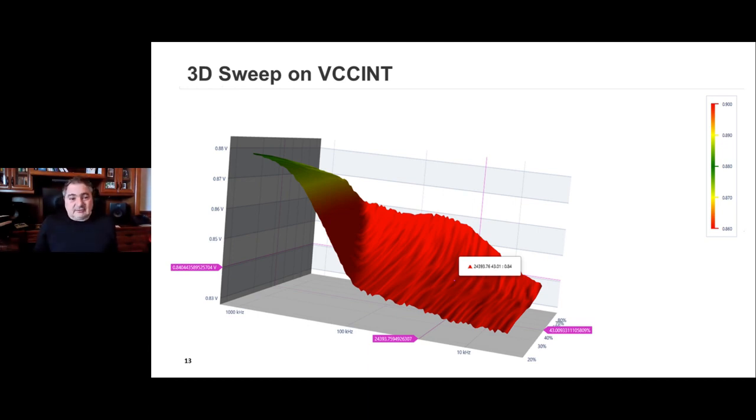But this is a great way to do a lot of testing very quickly and visualize it. As you can imagine, it's quite easy with this level of automation in the GUI to get a lot of data, and then you have to sift through it. We will talk about that in a minute. But this is one of my favorite plots, one of the best test features on the product. The other great